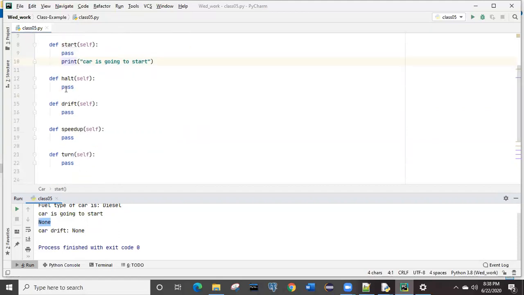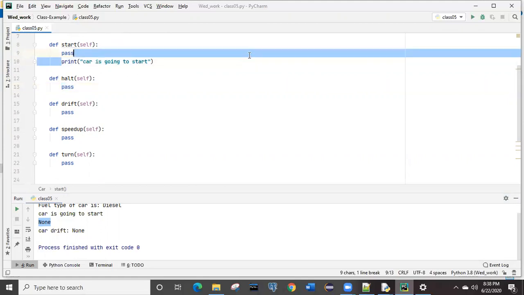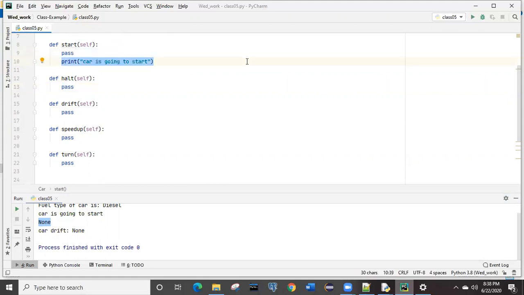Simply try to replace all the pass statements with some printf, like this one. Remove all pass and write some printf. After that, run this one and see whether you are getting None or not, because nowhere have you done the pass, right? That time you need to cross verify.